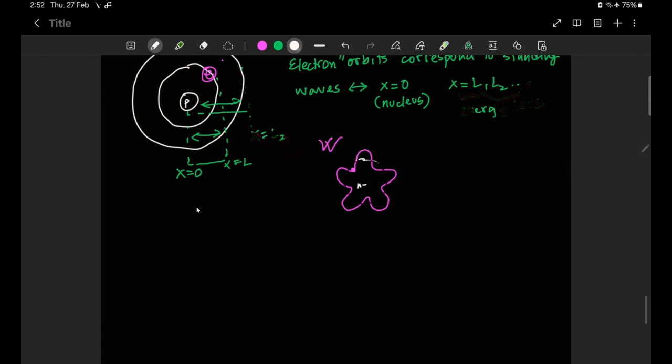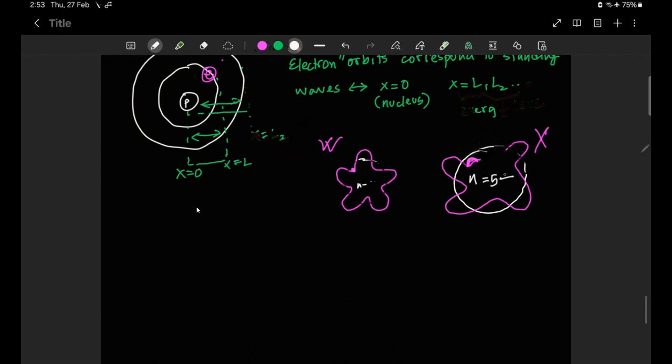However, if you have, let's say, n equals 5 and 1/3, this is not a good state. As we know, the energy levels must be integers. But let's just see what kind of wave pattern it can form. 1, 2, 3, 4, 5. This is not legal. You cannot have this because the endpoints are not properly in sync with each other.